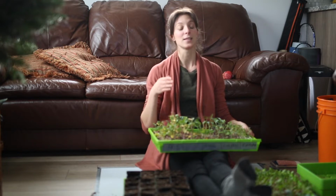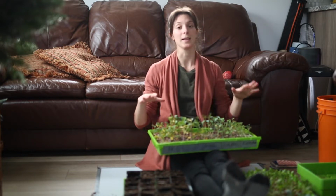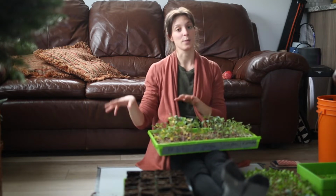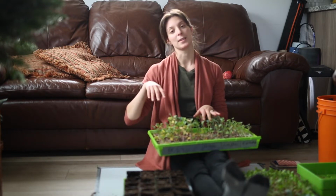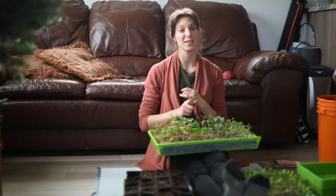That way, if I start some more seedlings in the new year, they'll be a couple of weeks behind these guys, so that I can put these kind of bigger plants outside first as soon as I start the spring garden, and then I'll have smaller plants that can follow them if, for example, I lose them in a frost,